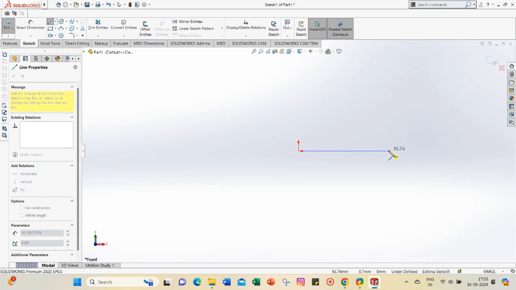We will start from origin, go in horizontal direction and click somewhere. Then we will go in vertical direction, then horizontal, then vertical, and in this way we will sketch the following drawing.